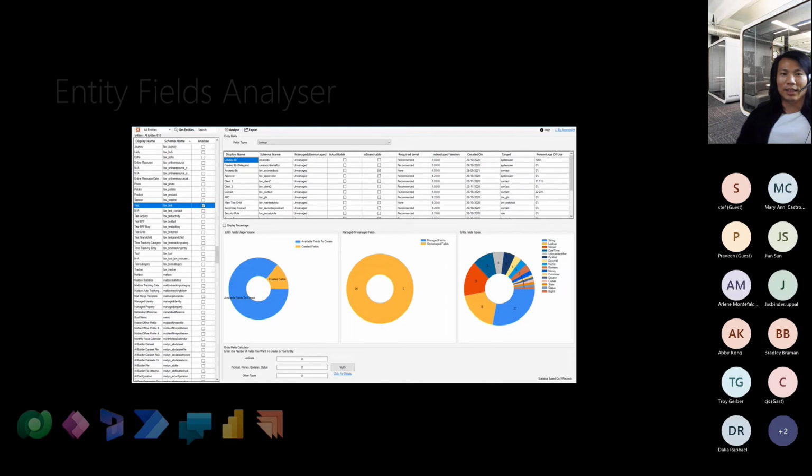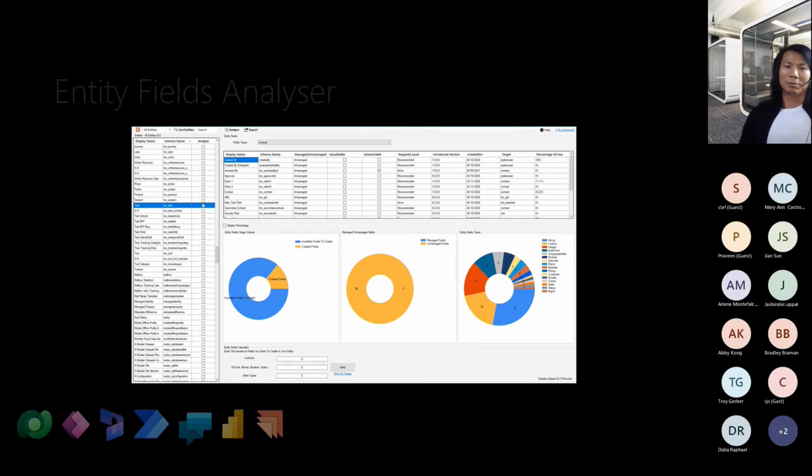So you can use this Entity Fields Analyzer to check how many of the records have a value for this particular column. And it also shows other analyses, like